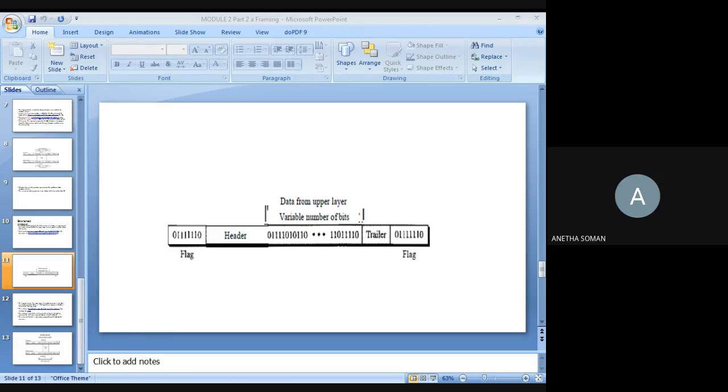Now, medium access control is responsible for resolving access to the shared media.